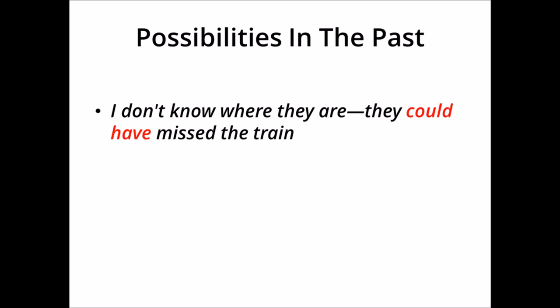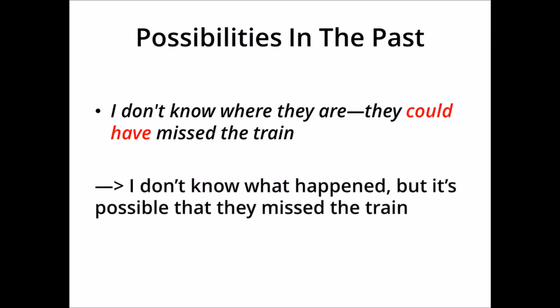So, let's look at the first sentence. I don't know where they are. They could have missed the train. This means I don't know what happened, but it's possible that they missed the train. Maybe they missed the train, maybe they didn't. I'm not sure. In this situation, you can use could, might, or may to talk about a possibility in the